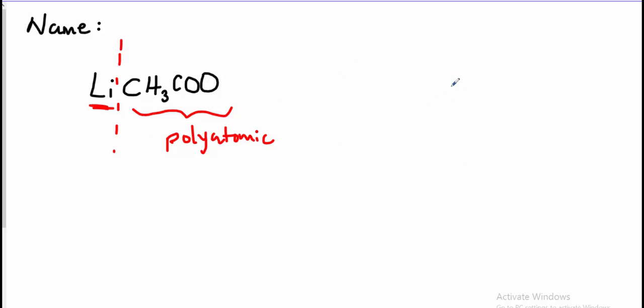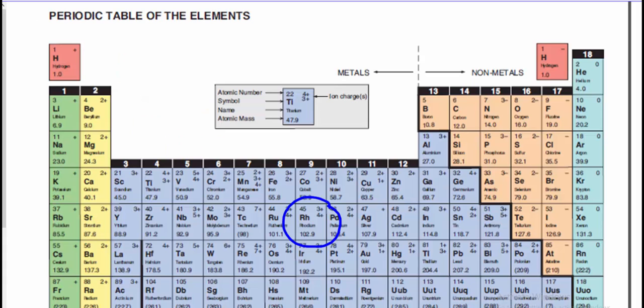I'm working backwards a little bit here, aren't I? Okay, but we still need to write the name of the metal first in front of the anion. And so let's look up lithium. And if you don't know it's lithium, you're looking up Li, and it's right here. It's in group 1. There's lithium. It is not a multivalent metal, so we do not use Roman numerals for this one in the name. So the answer is lithium